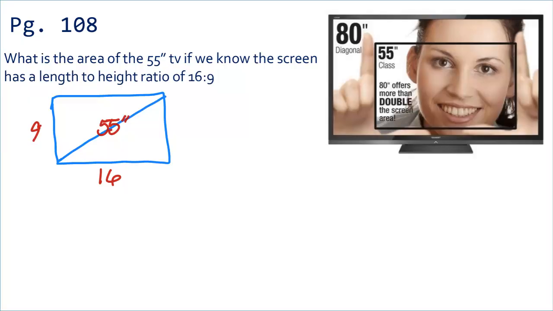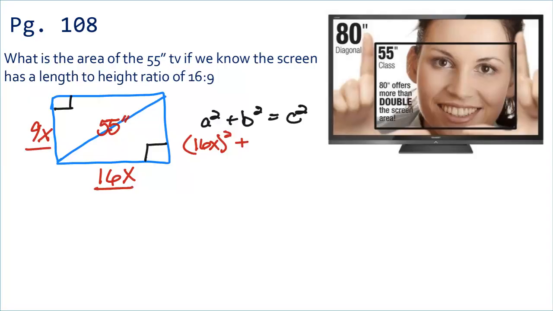But is it really 16 and 9? No, it is 16x and 9x, right? Because there's some multiple involved. So then we look and see, this is a right triangle. I should use the Pythagorean theorem. So a squared plus b squared equals c squared. A, I can put in (16x) squared plus b, my other side, (9x) squared equals c, my hypotenuse,